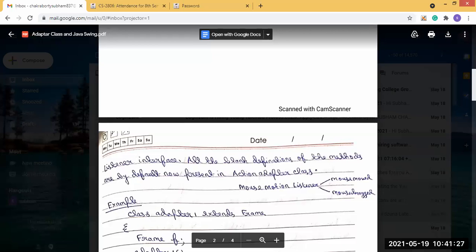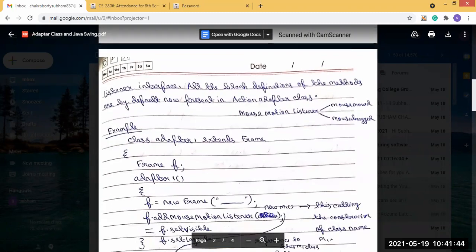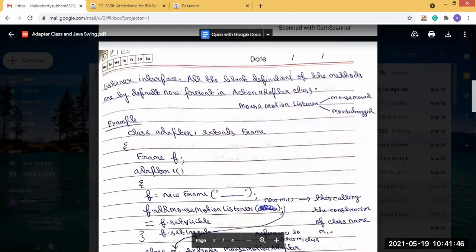In this mouse motion adapter class, both mouse moved and mouse dragged have blank definitions. So whichever one is required while writing our program, we will only implement that. Clear? If we see it through an example, it will be more clear to you.